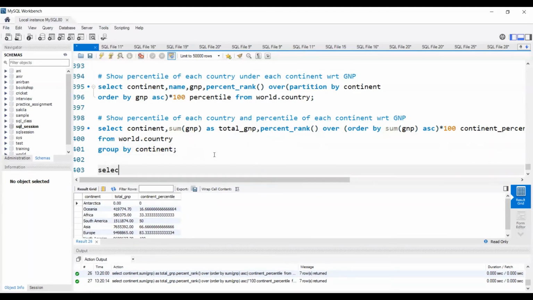So we'll write one more query. Select continent, comma, name, comma, GNP, then percent_rank over order by GNP ascending. So even if I am using the continent column, I have not mentioned partition by continent, because